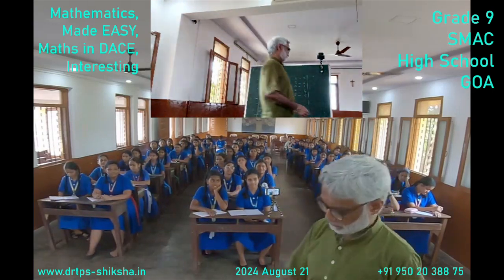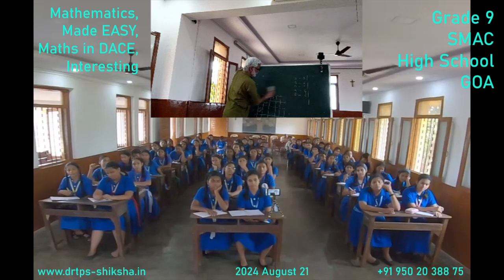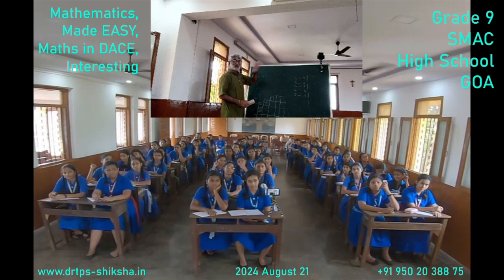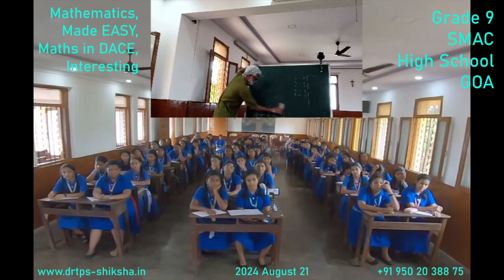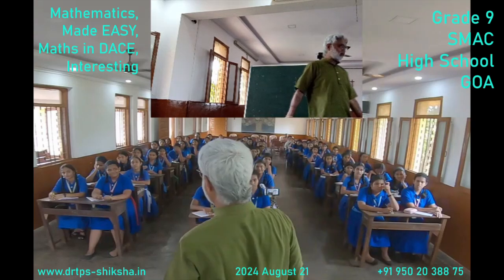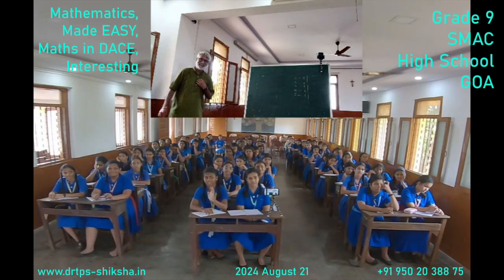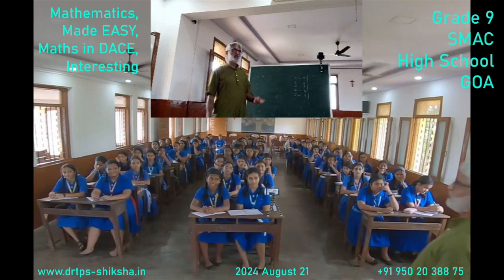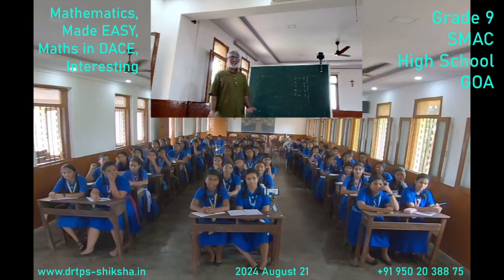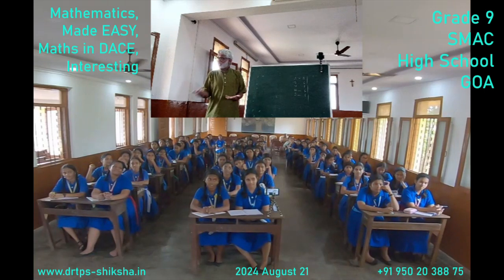December 25. What is the use of a calendar? When the date is given, you should know the day. This homework you can do: write in different colors, put it there. Every time you see that for 10 days, you will remember. Okay. So 64 is a multiple of? Immediately it will come to 4 and 8, because those 2 colors will come there, the table. Fine. That's how it will come. 36 is for 2, 3, 4 and 9. 32 is 8, 4. This is how I remember, because the picture is there with me. So fast you can do maths, right?